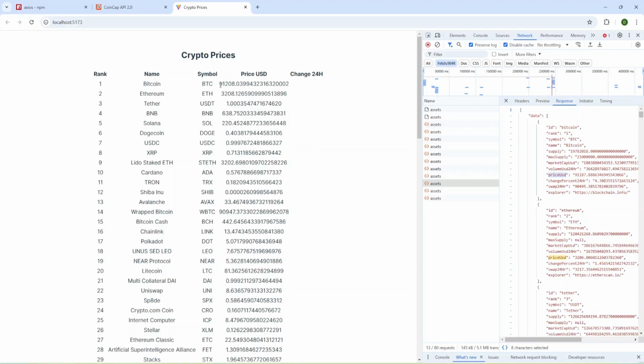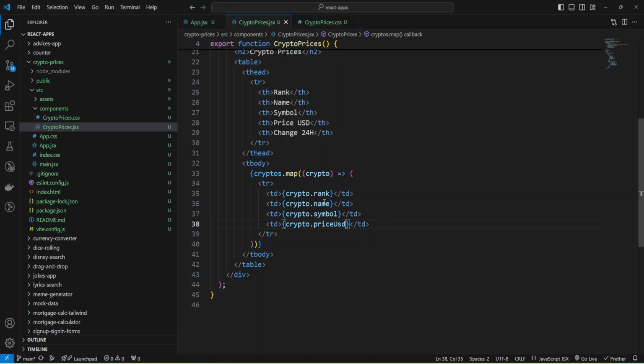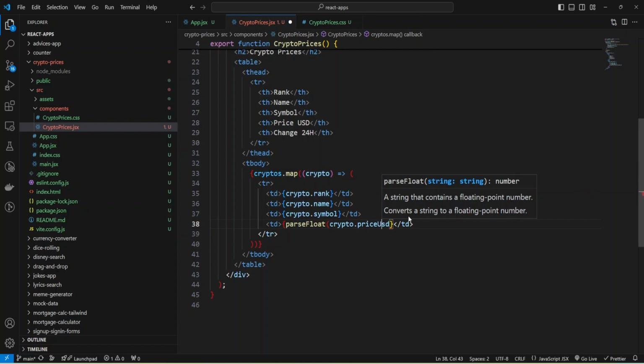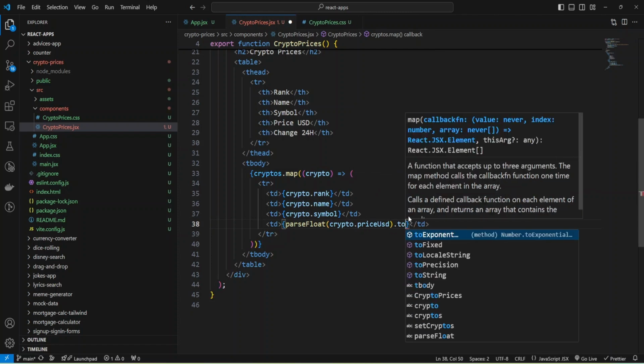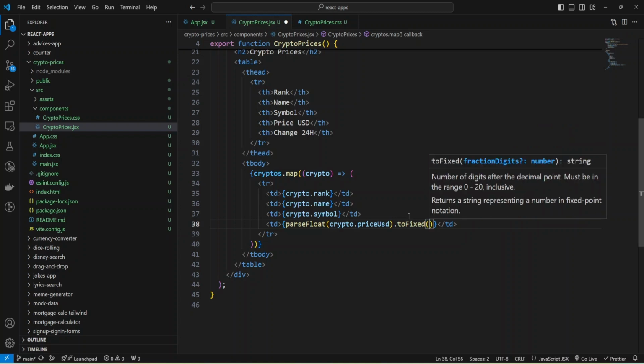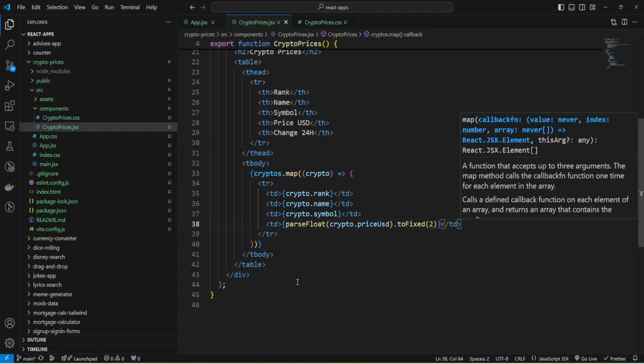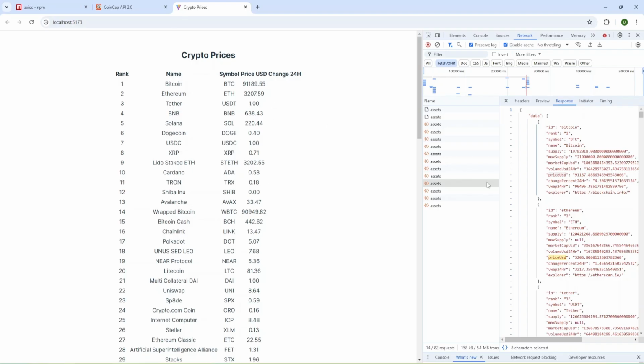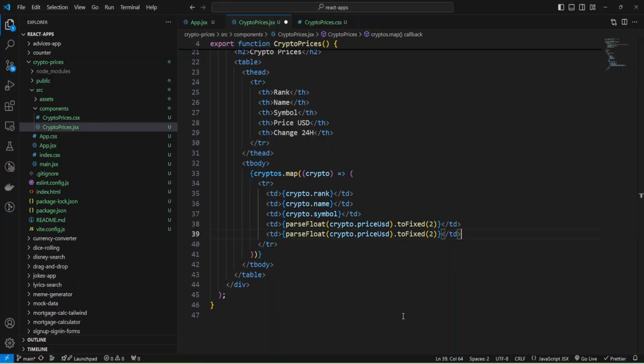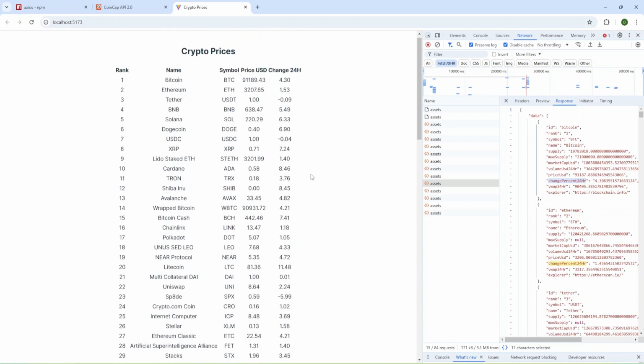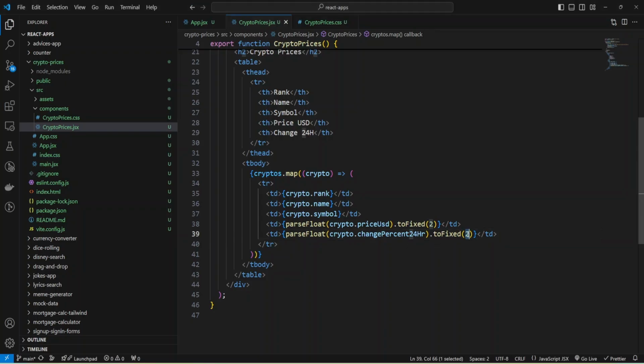Okay, and we can make the price shorter, and I'm going to use the parseFloat function. ParseFloat, provide my price, and apply toFixed, and I'll use 2 digits. Okay, and also we can provide change, and we have it here in that data item. Okay, and I can add 4 digits for change.